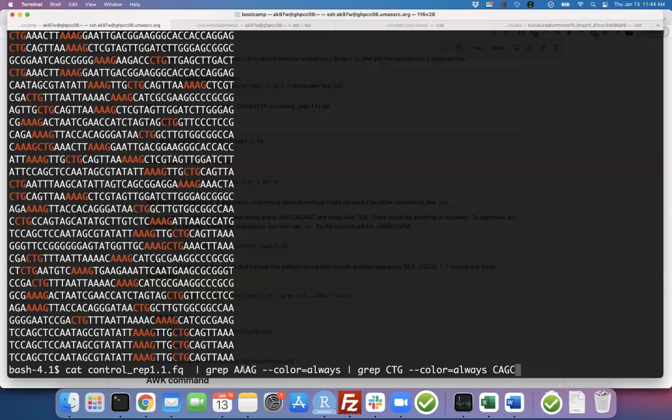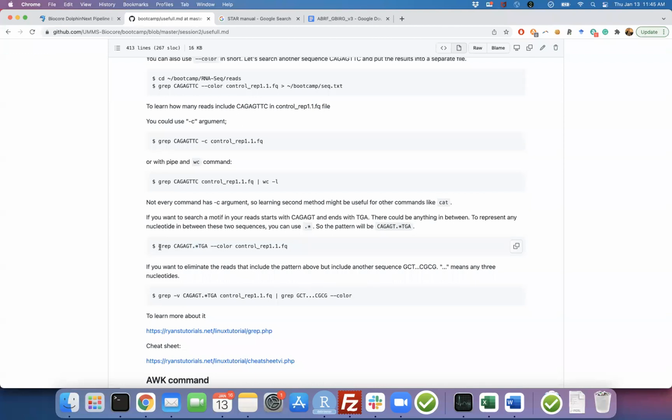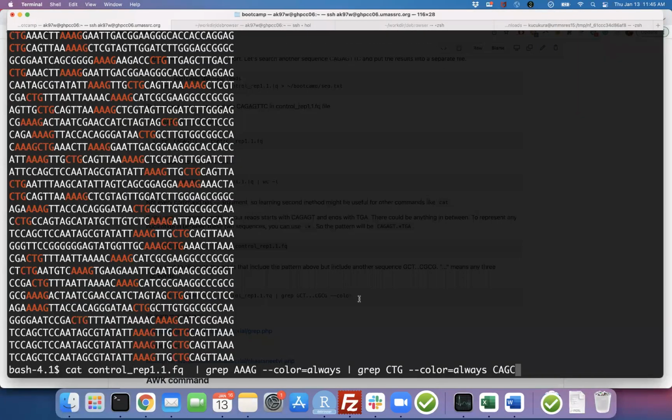But here, for example, I searched AAG and CTG, but I didn't require which one is going to be first, before AAG or after AAG. When I do this, see, in some of them CTG is before, in some of them after. But if you want to put them in an order, you can use wildcards here too, like this. For example, I'm going to run that,